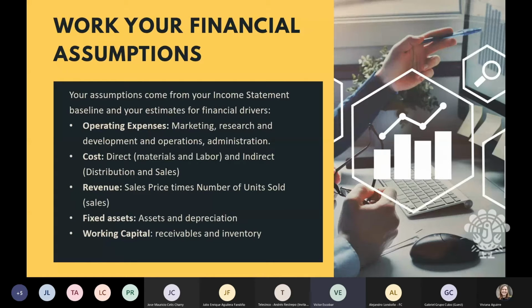Let's say in this case of Corona, how you are handling those assets, those fixed assets. You were renting an office, and right now everybody is working from home, and you are overpaying for that office that is not being used. So those are the kind of assumptions that you will have to begin to make, or if you are not doing it, I think that most of you are doing this,